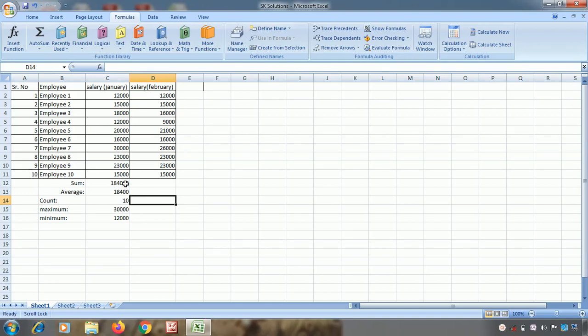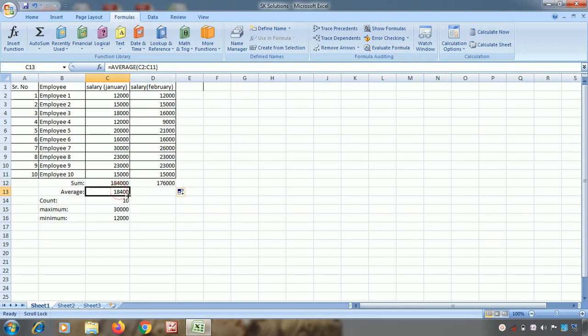How? See, I want to find out the sum for this. Here I have already taken the sum. I can just expand this, and as soon as I expand it, in this particular cell I will get the sum of all the salaries of the employees for the month of February.